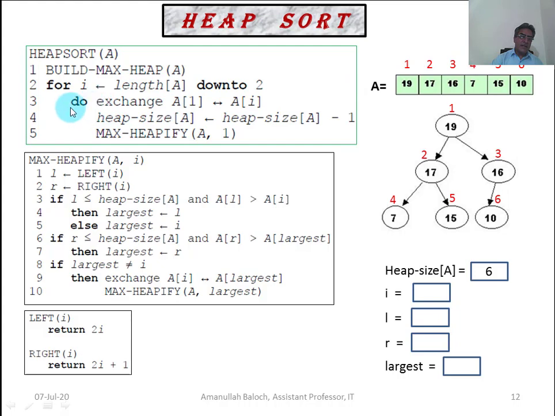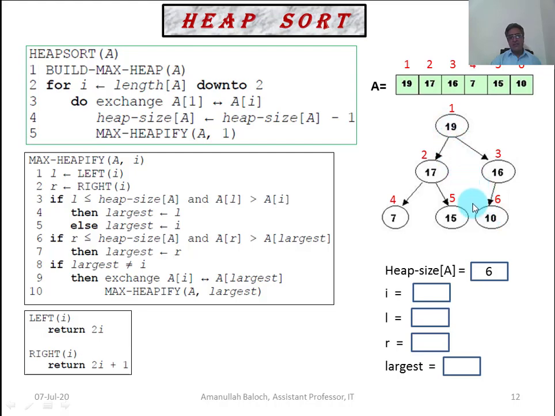At line number 3 the computer exchanges A of 1 with A of 6, because the value of I is 6. A of 1 is 19, and A of 6 is 10. They will exchange themselves: 19 will come here at position 6, and 10 will go to position 1.